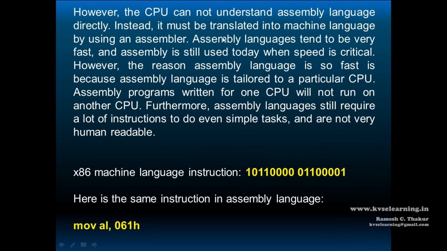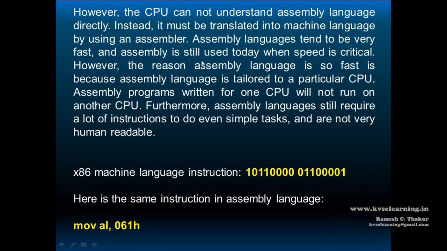And the special piece of software which converts the assembly language codes into machine language is known as an assembler. It means we require an assembler. If we are writing a program in assembly language, then we require an assembler to convert our assembly language codes into machine language. Assembly languages tend to be very fast, and assembly language is still used today when speed is